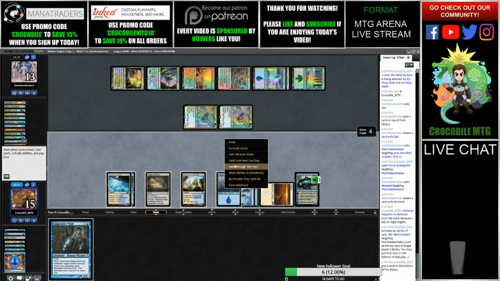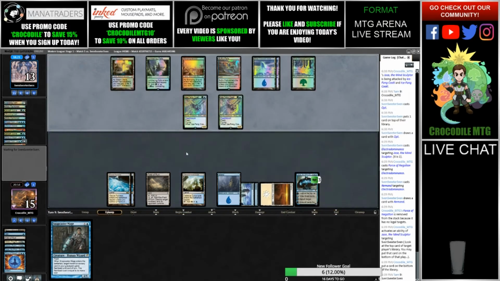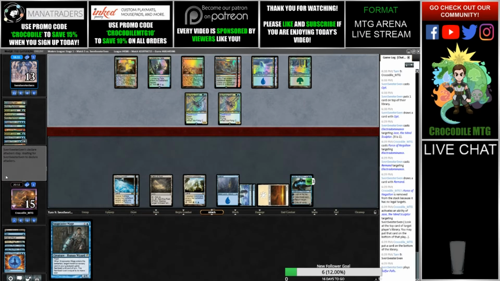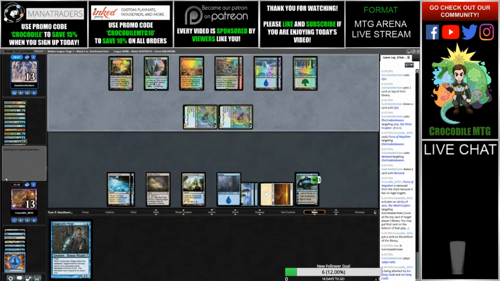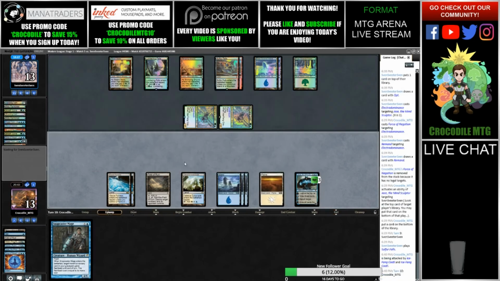Yeah, we have to hold up Snap negation, unfortunately. Alright, they're going after me, which I think is fine. Going to attempt to cast Electro Dominance again. I don't think I can let this resolve. I'm not sure exactly what they have, but